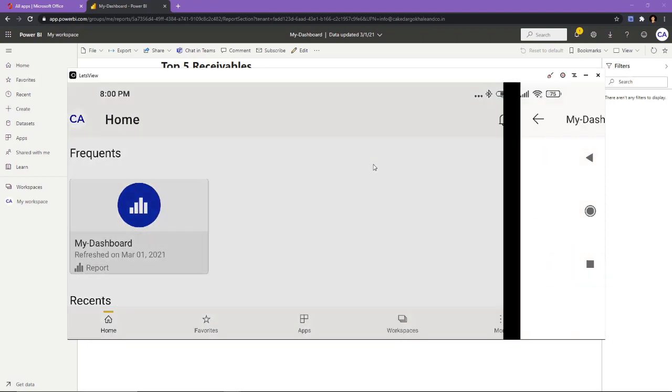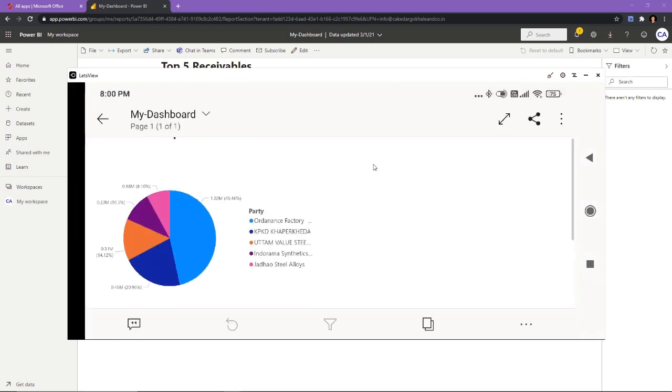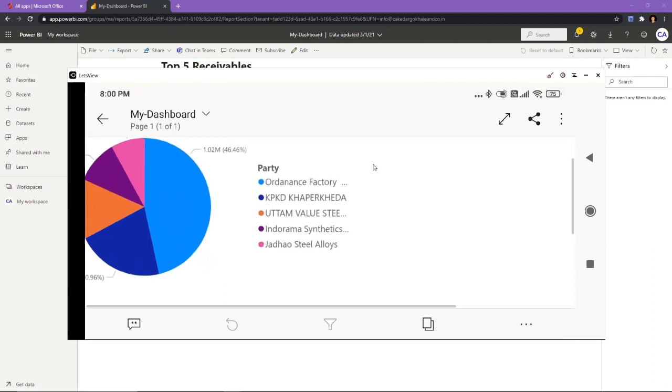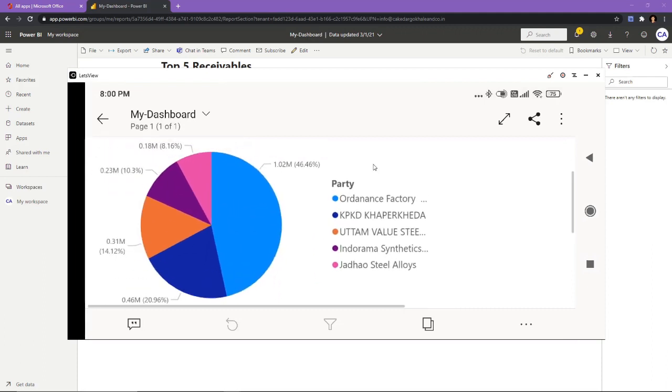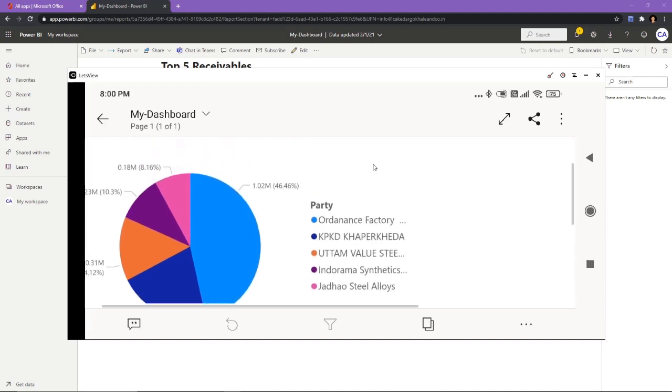Just click it here and you can see the dashboard. So friends, this cloud connectivity via Publish is accessible for both. You just need to install the Android app, and you need to first sign in to the same business account from your Power BI app.